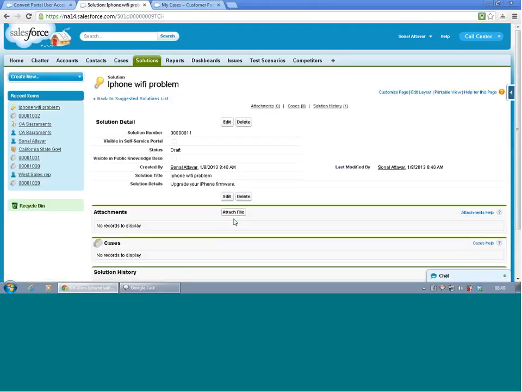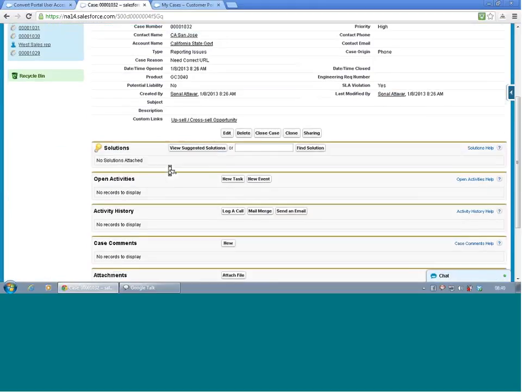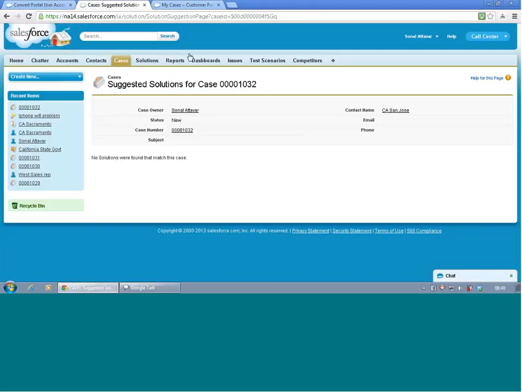So now the solution is ready. Go to a case. Take whatever case, the recent case. And what you can do now is, because we don't have any subject, right? Because it's going to search